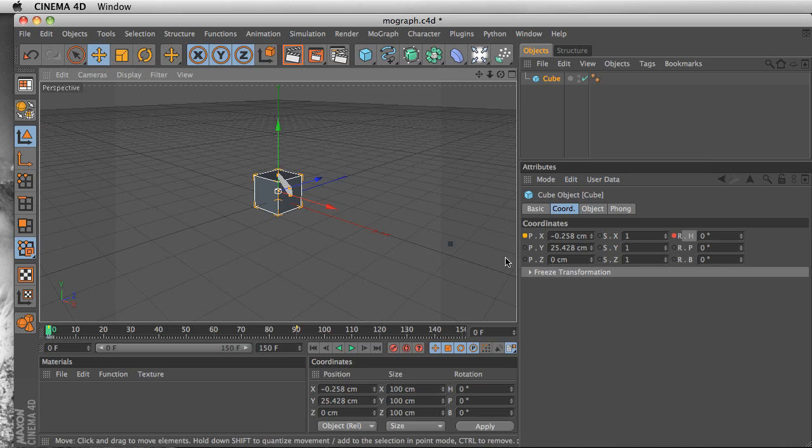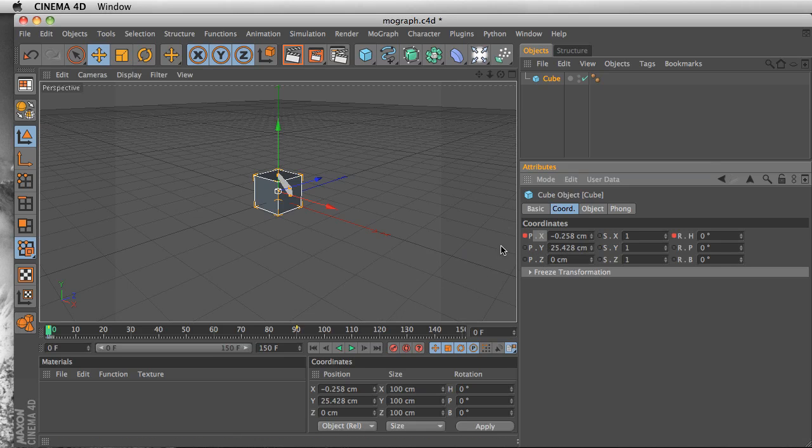Now I'm going to move that back to where it was. So I'm going to register that new position there. So we're back to where we started, kind of. And now I'm going to